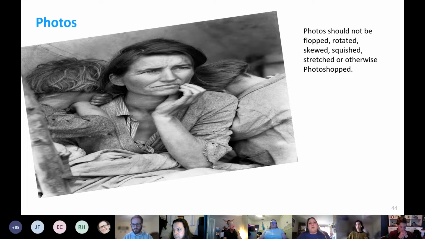When handling photos, we must not misrepresent the information or meaning of a photo by distorting or manipulating it in any way. Manipulating a photo by flopping, rotating, skewing, squishing, stretching, or photoshopping it is the equivalent to changing the words in a direct quote. Our job as visual storytellers is to tell stories truthfully, and sometimes altering a photo minimizes its original impact too. The exception to this is when you are using stock photos as part of a photo illustration. We'll have more on that in a little bit.